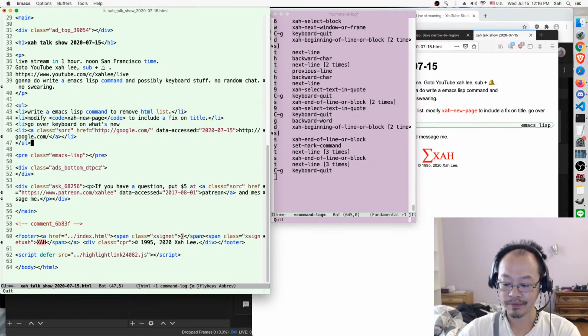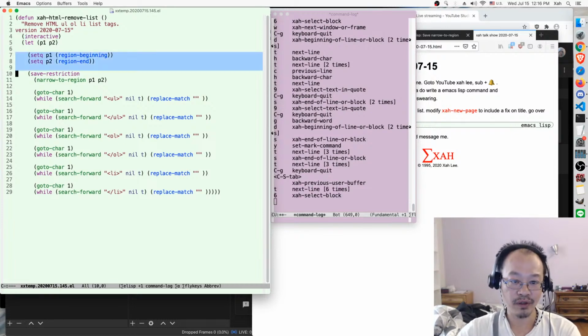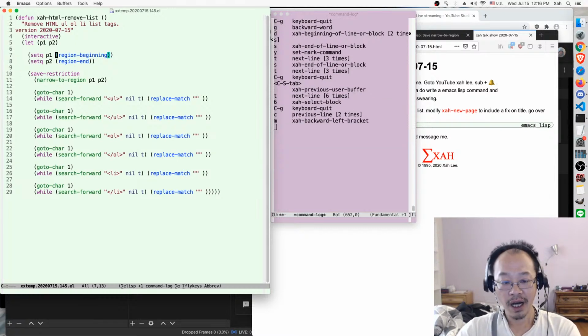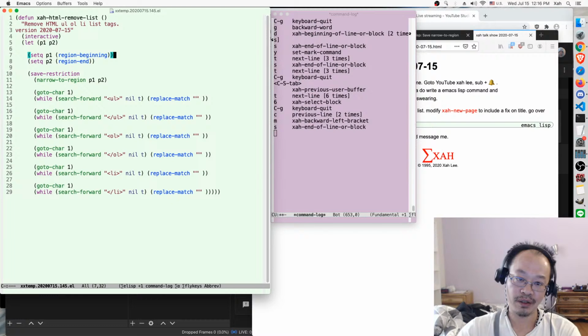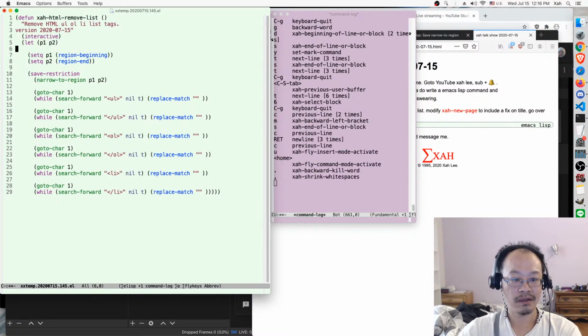So let's do that. All we have to do is change position 1 and position 2, the beginning and end of the region. We want to automatically find them. So how do we do that? Well, let me show you how. Okay, so for example,